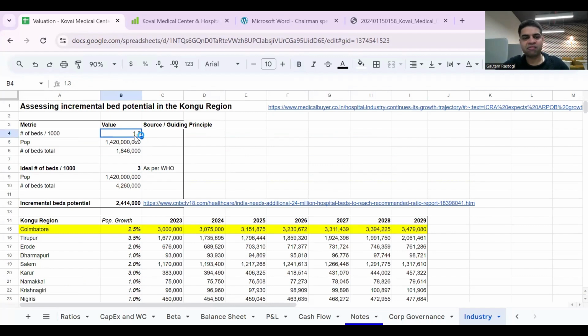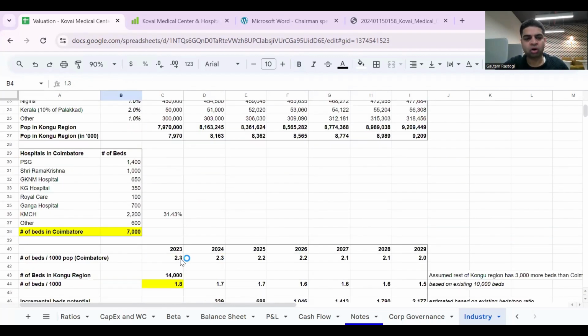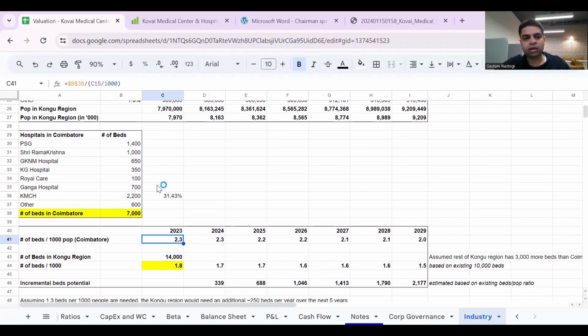The overall blended average in India is 1.3. So Coimbatore has a higher penetration of beds. That's what this data is telling us. But this may be a little misleading because, as I said, these hospitals in Coimbatore, see, Coimbatore is a big